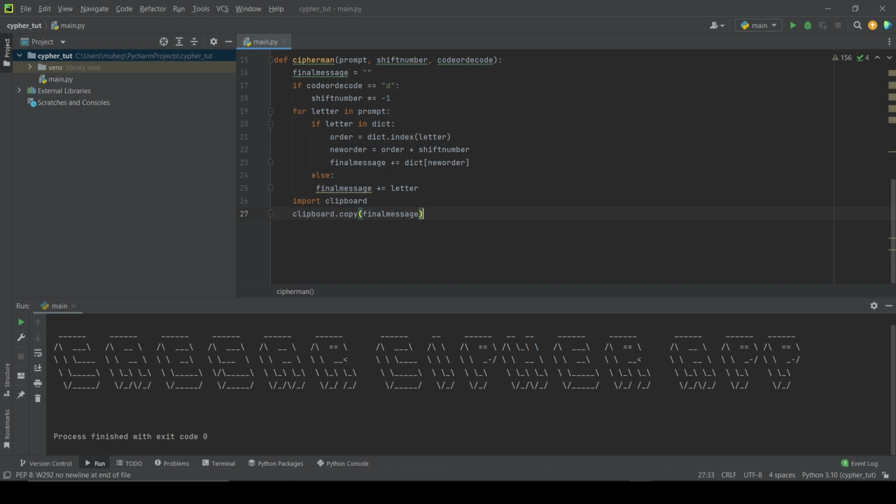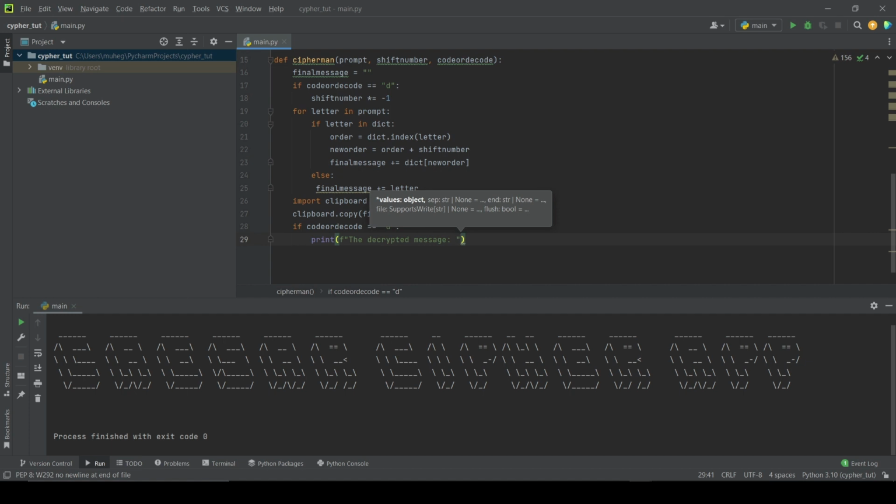Okay, so we also need to give a message to the user to make sure that their inquiry is finished. So here we have two situations: if it is an encrypted message or if it is a decrypted message. I mean, for the input of the user. So if code or decode is D, which means if it is a decode message, if it is an encrypted message that we need to decode, then in this case we will print, and here f means that we will convert any kind of variables inside this string into a final string. So we will just type the decrypted message,